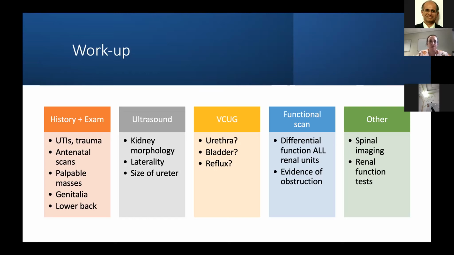So I think you're really going to want to do a VCUG in children with bilateral hydronephrosis or hydroureter, children with recurrent infections, and children with renal dysfunction,